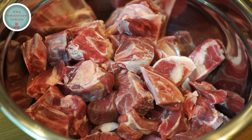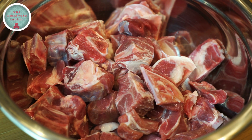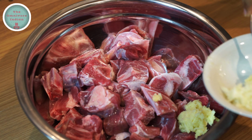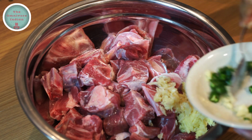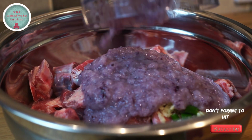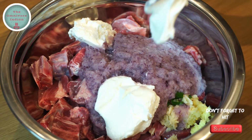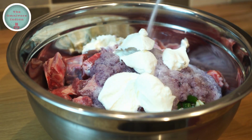Here I have 1.5 kgs of boned mutton. This is goat meat. Let's marinate the meat with some lime juice, some roughly ground ginger and garlic, some chopped green chilies, onion paste made from 3 large red onions, 3 to 4 tablespoons of thick dahi or yogurt, salt according to your taste,